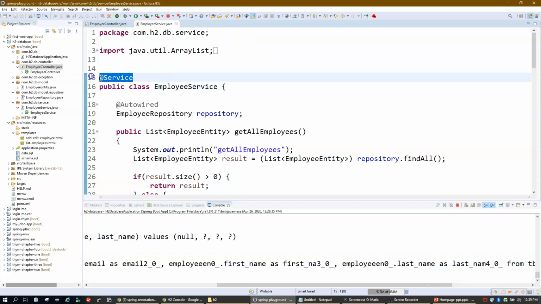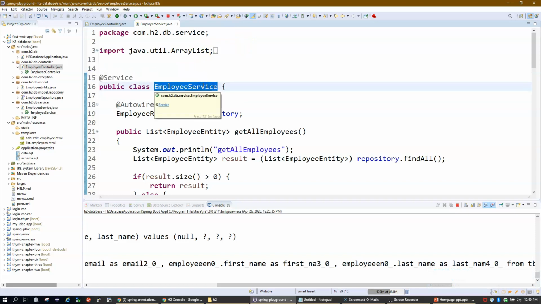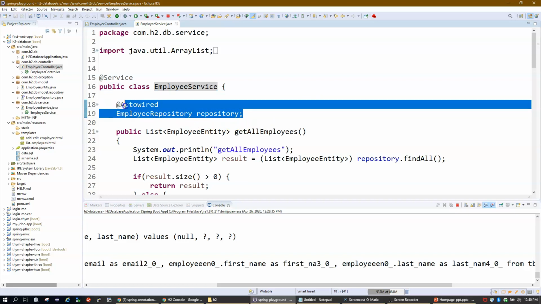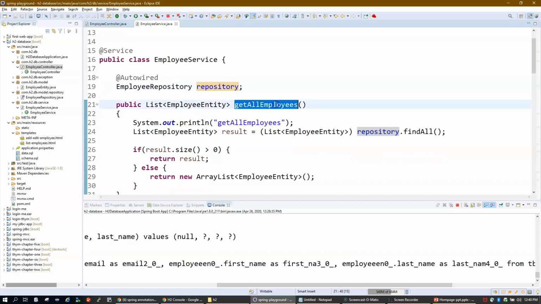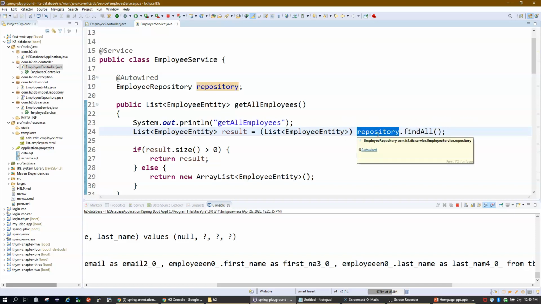Here in this example I have used the @Service annotation to make my class part of the service layer, and in this service layer I have injected the repository dependency. Now here is my method get all employee. Here I prepared a list to capture all the data, and call the repository findAll method. As I told earlier, this repository class provides many built-in methods, and findAll will fetch all the records and give you a list of the result set.